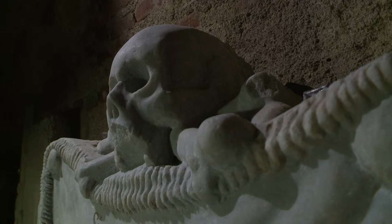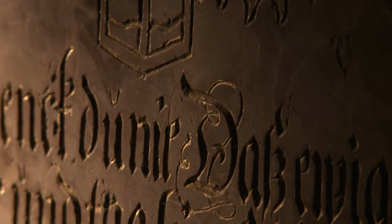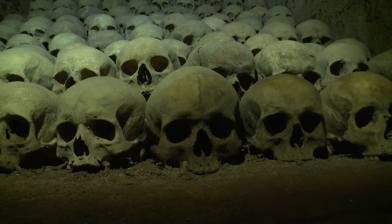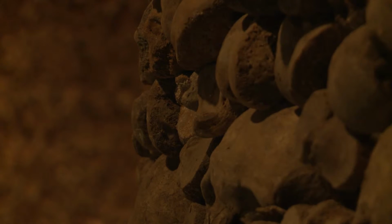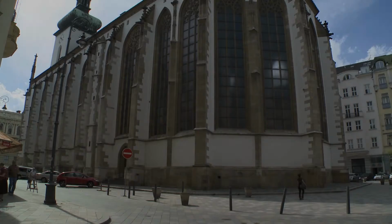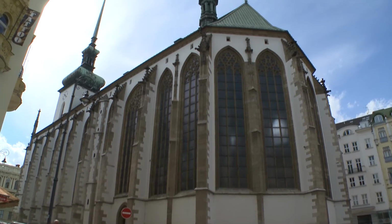Its capacity, however, was limited. Therefore, a burial exchange system was established. 10 to 12 years after a funeral, another deceased was laid into the grave, and the previous remains were deposited in special ossuaries. When the church cemetery was abolished for health reasons under the Josephine reforms of 1784, these areas